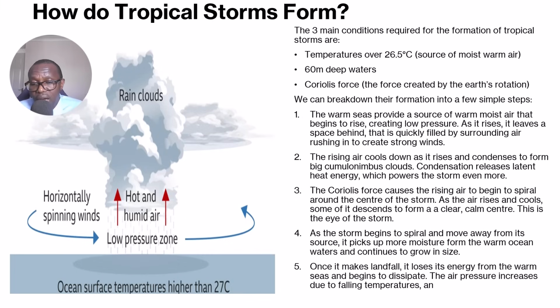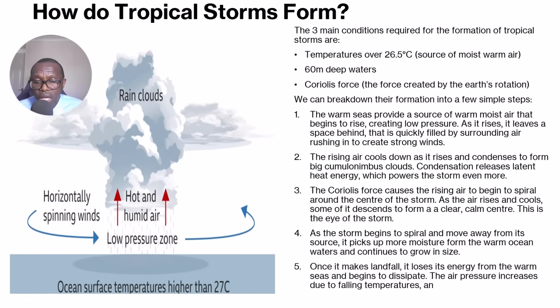That now comes in as the air continues to rise. It will begin to spiral around the center of the storm due to this Coriolis force. And as it rises and cools, some of the air will descend through the middle and form a very clear and calm center. So that basically means if it's descending, that it's creating high pressure in the middle of the storm. And this particular part of the storm is referred to as the eye of the storm. So it's a center, and it's a lot calmer, and that is due to the descending air which has caused